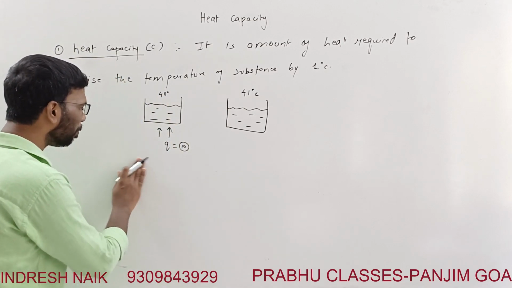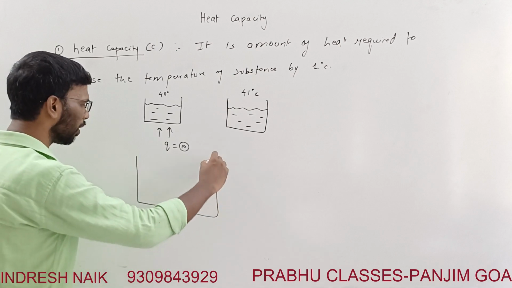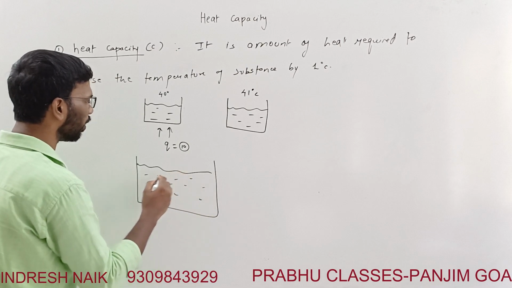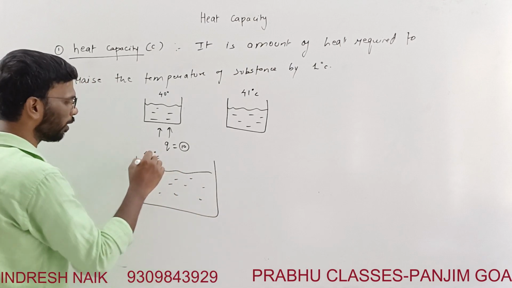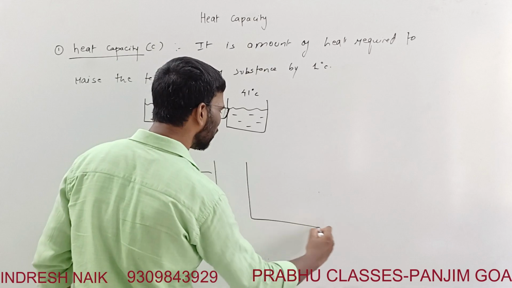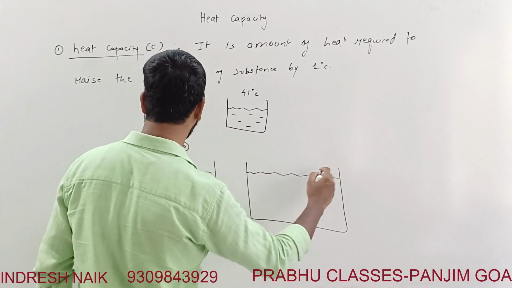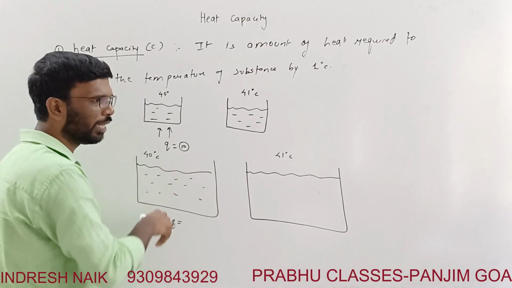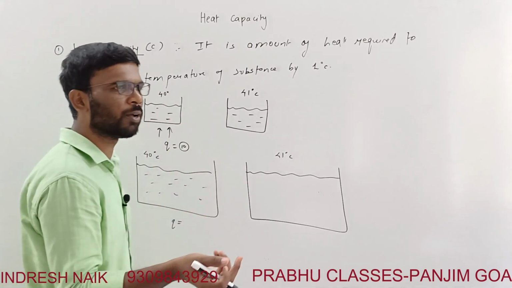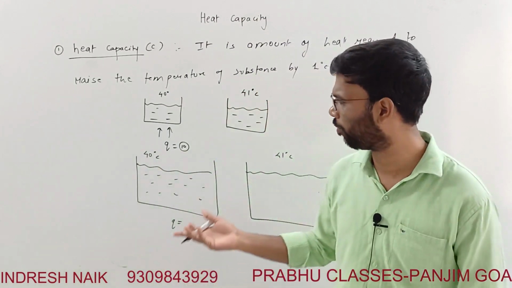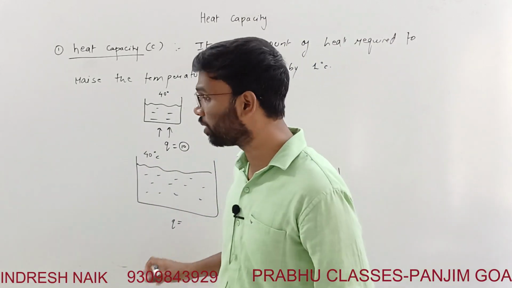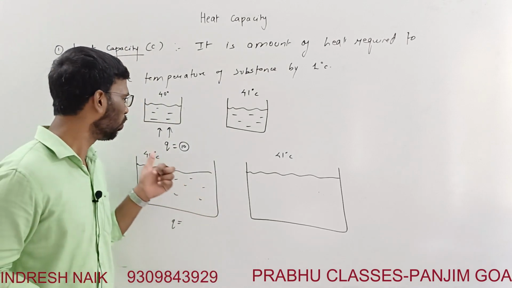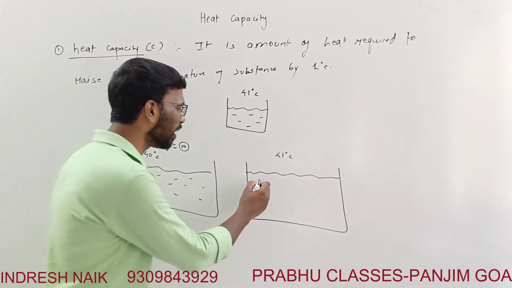Now this was a glass or a small beaker of water. Now there is a bigger volume, more amount of water. And let's say this water is at 40 degrees Celsius and you want to increase the temperature from 40 to 41 degrees Celsius. Do you think that the same amount of heat which you supplied over here is going to work to increase the temperature by 1 degree Celsius? No, right? Here, since the amount of water is more, you will require more heat to raise the temperature by 1 degree Celsius of the water.